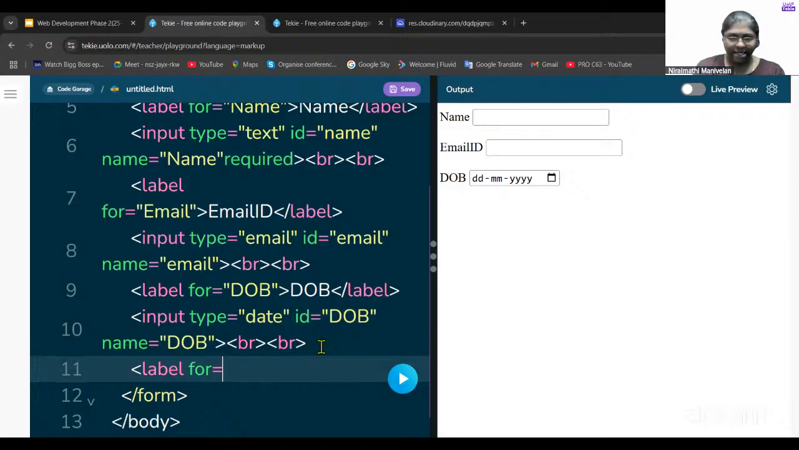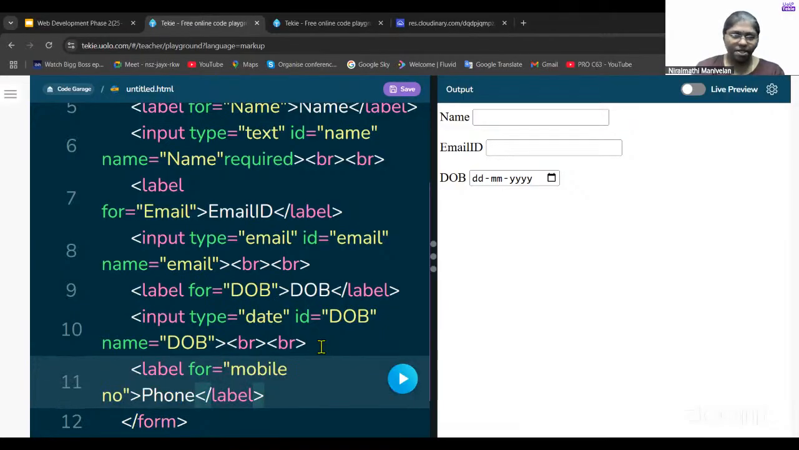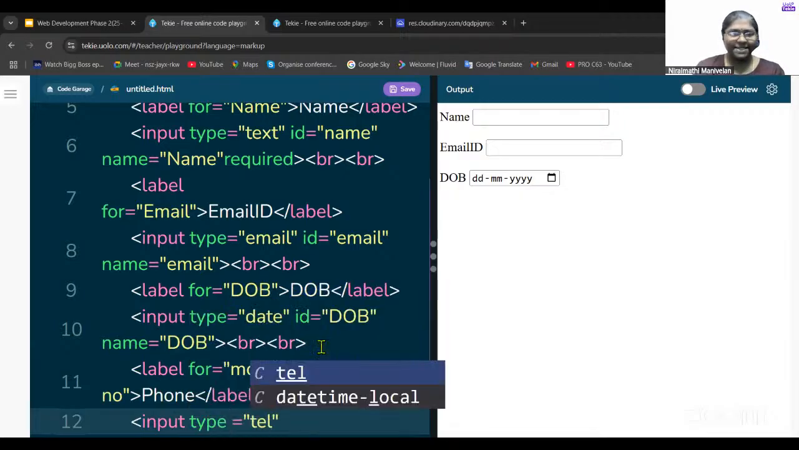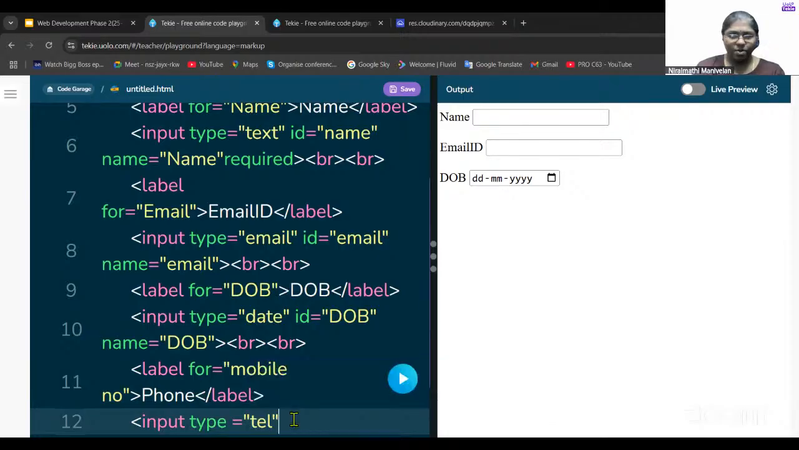I'm just going to give it as phone and then label. Next, input type equals to TEL. That is the input type. You can see TEL, which is the telephone number. Then ID equals to mobile number and then name equals to